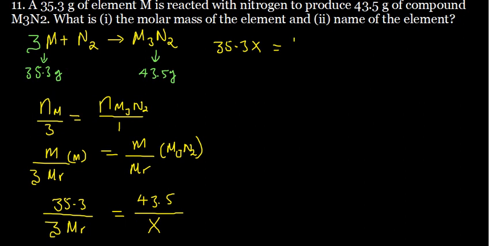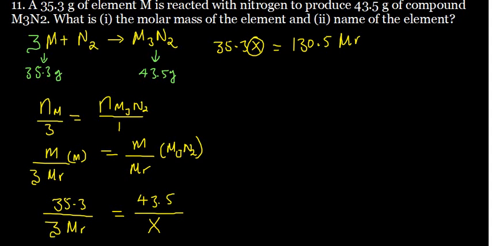That is going to be 130.5 with a molar mass. Now we know that this X is representing the molar mass of this compound, since that is the one which is in the denominator. So the molar mass of that compound is going to be a sum of the molar mass of nitrogen, which is